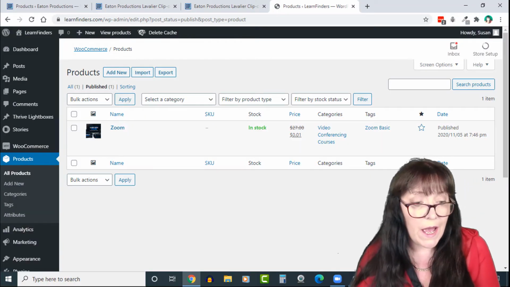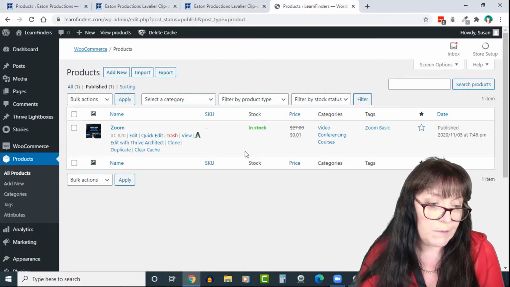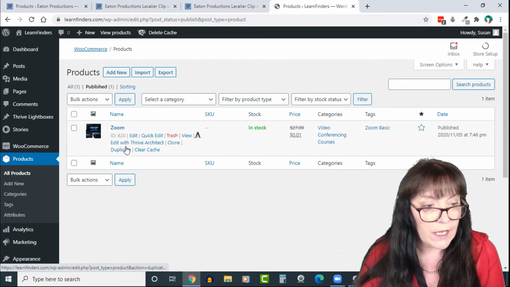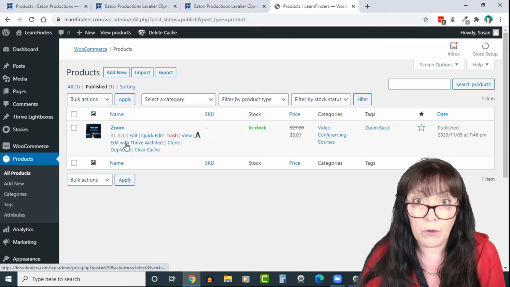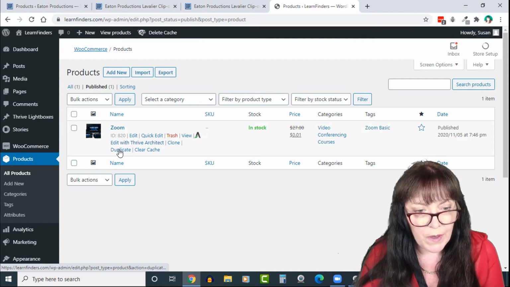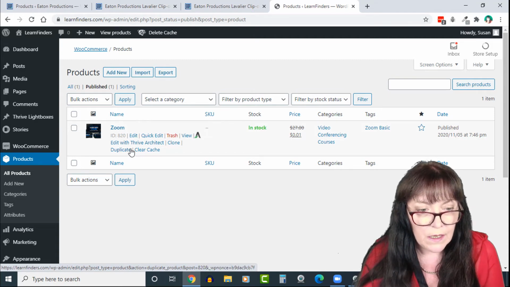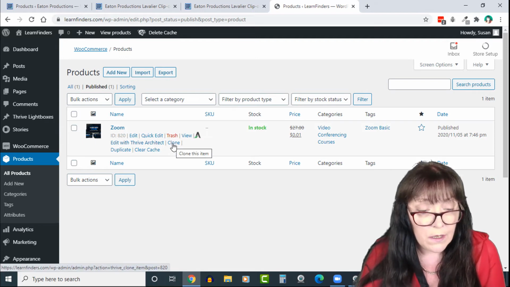So I'm back, and the reason we haven't got the clone option is because I'm using Thrive Themes as the WordPress theme, and it's got some special features that integrate with WooCommerce. So if you see here, we've got duplicate at the bottom as we did previously, but here we can edit the product itself with Thrive Architect, and we can also clone. So if I hit clone here,